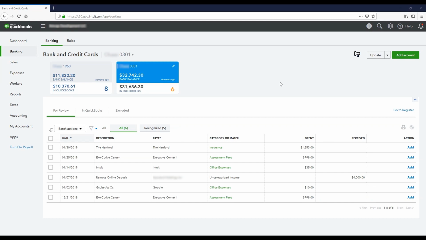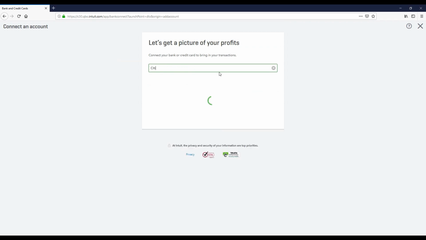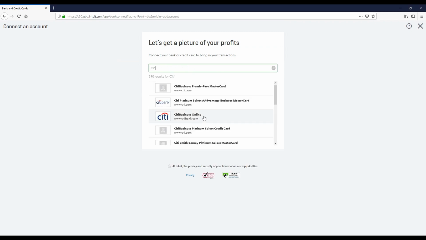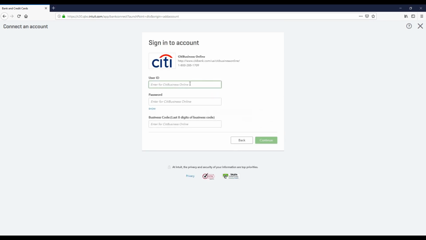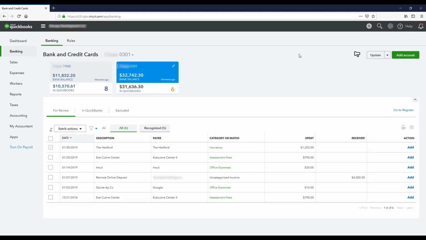Now let's say I want to sync this newly added Citi account to online banking and have all the transactions downloaded. All I would do is go to add account, type in Citi, select citibank.com, which is their online banking, and I don't actually have a user ID or password because this is something I just made up on the fly. So I'm gonna stop here. Now let's say I had a legitimate user ID and password for Citi. That credit card account would appear right here, right next to these two accounts, and QuickBooks would automatically know that